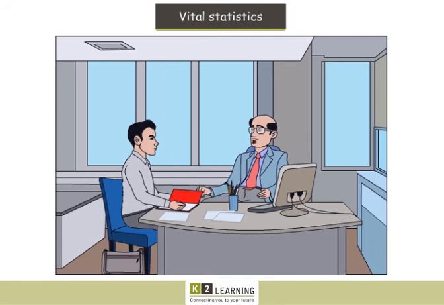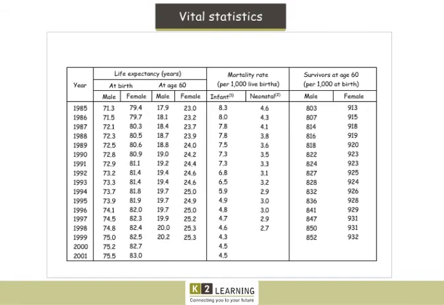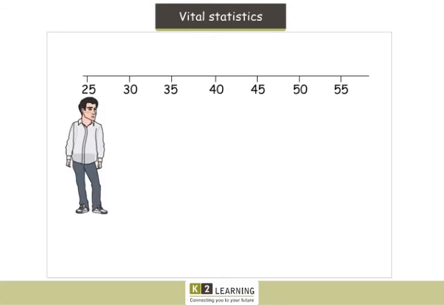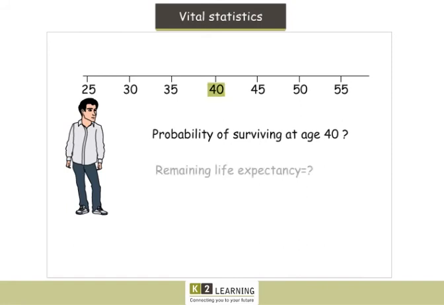Yes, that is all about mortality. Now, there is just one more thing you need to learn before I send you to the field. Life table. Have you heard about it? Indeed, sir, in demography. A life table, also called a mortality table, is a table which shows for each age what the probability is that a person of that age will die before his or her next birthday. From this starting point, a number of inferences can be derived: the probability of surviving any particular year of age, and remaining life expectancy for people at different ages.